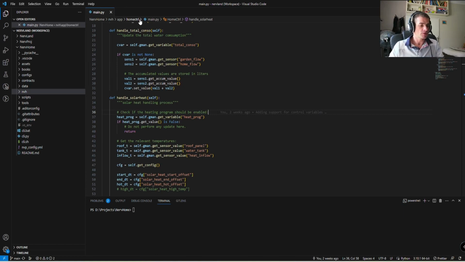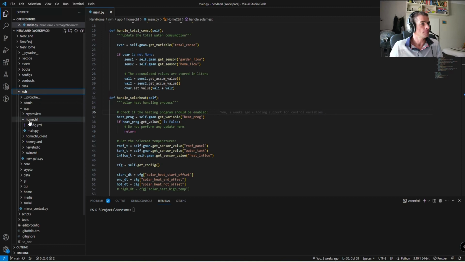This is just a project that I'm using to try to provide some level of automation, at least in my own home. And well, it's not fully dedicated to my home, of course, so I'm trying to build that in a generic way. And we have, for instance, in the HomeCtrl implementation here, we just really have one file, the main file,